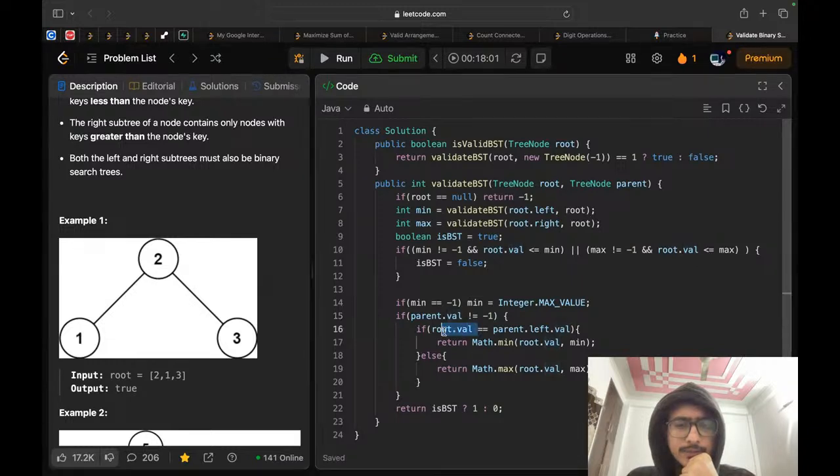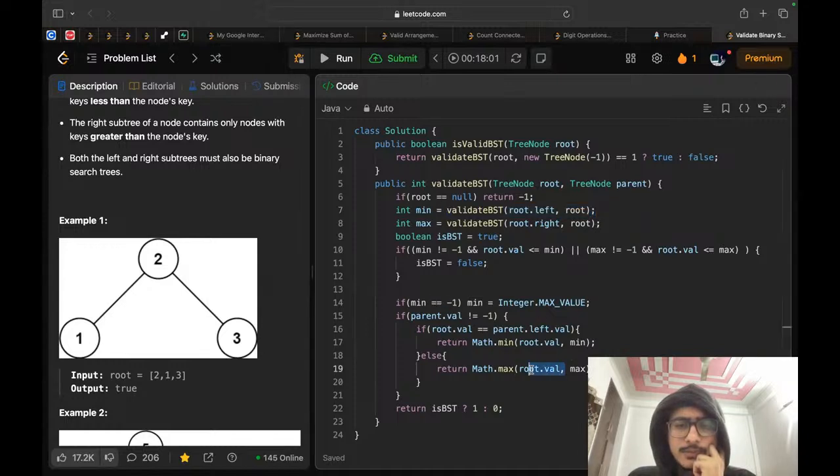So we will check if our root.value is parent.value, yes, it's true. So Math.min of 1 and minimum, which is Integer.MAX_VALUE. So we will return to the left call of 2